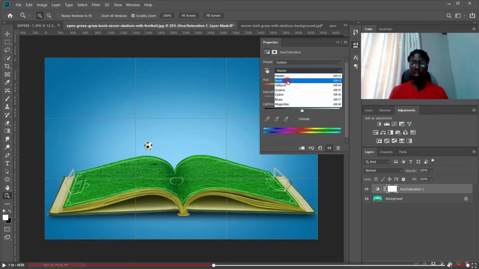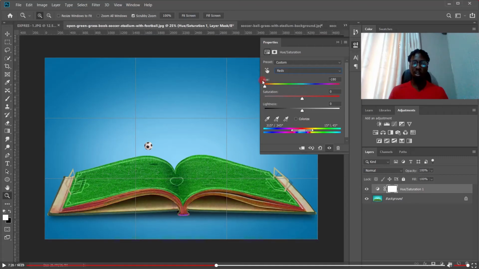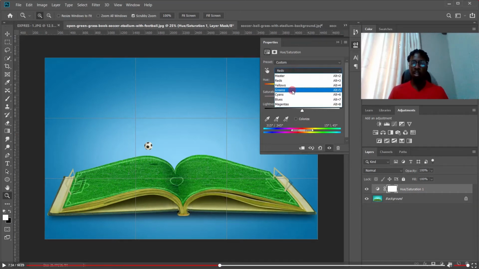You can adjust specific colors like in the other ones. So if I want to adjust the reds, I can adjust just the red parts. I'm actually just figuring this out. I understood the concept, but I didn't know it was that distinct. For example, the green part of the pitch, if I want to adjust just that,